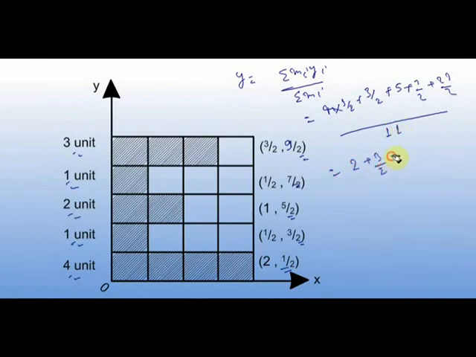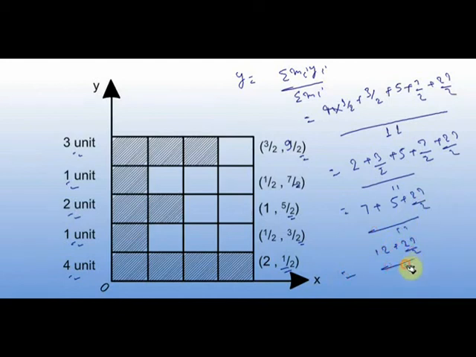So here we get 2 plus 3 by 2 plus 5 plus 7 by 2 plus 27 by 2, by 11, which is equal to 7 plus 5 plus 27 by 2, by 11, or 12 plus 27 by 2 by 11, or 51 by 22, sorry. So now we have the x coordinate and y coordinate of the center of mass, that is